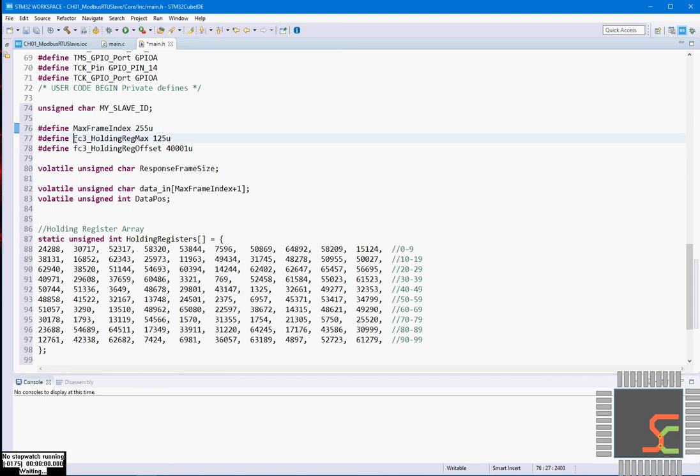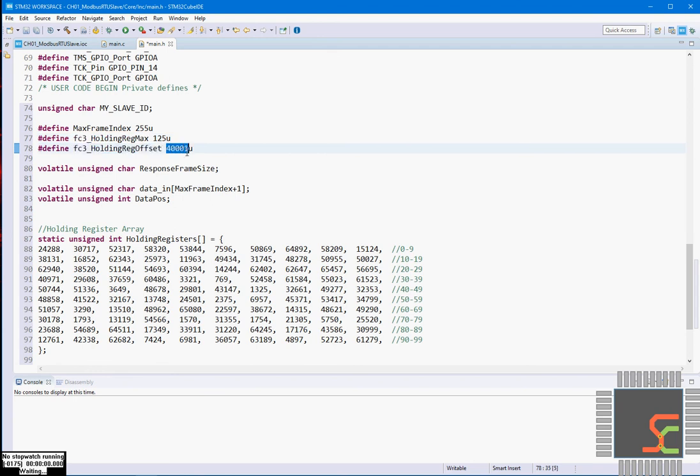As per the Modbus standard, a Modbus master can request a maximum of 125 holding registers. So while doing the algorithm, we will check whether the Modbus master has requested the proper amount of holding registers or not. And again we will put the register offset of 40,001.